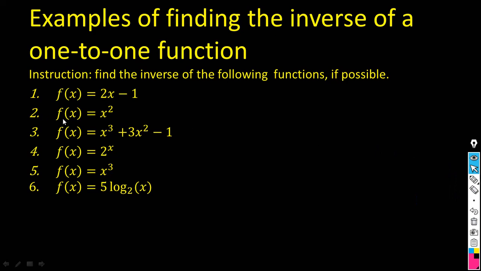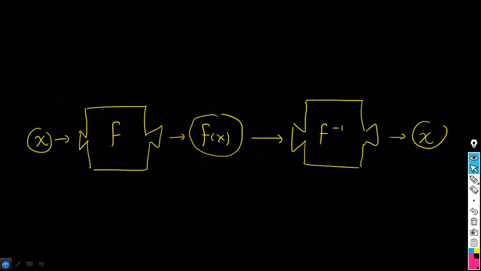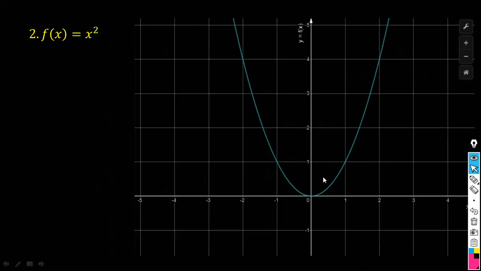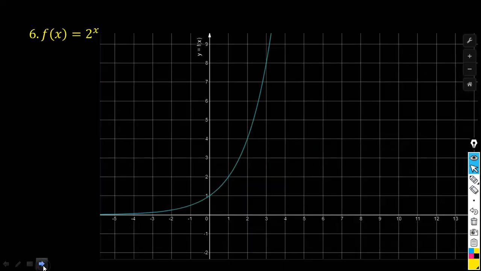This function f of x equals x squared. Can we find the inverse of this function? Again, first we gotta make sure that it's a one-to-one function. We already graphed that function, as you may remember. It's this one, and this one doesn't pass the test because any horizontal line is gonna cross the graph at 2 points, and therefore this is not a one-to-one function, and therefore we cannot find the inverse. This function doesn't have an inverse function, so we don't have to do anything